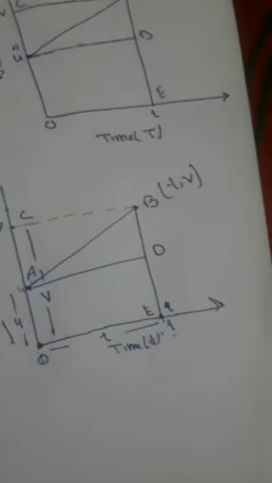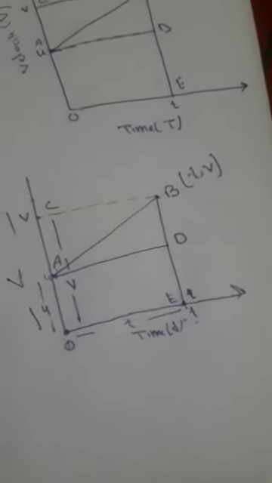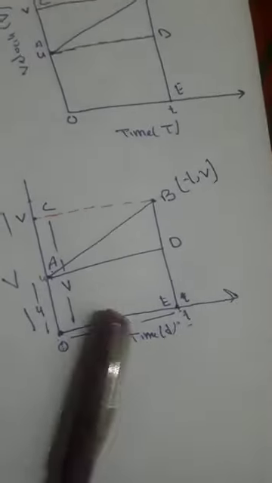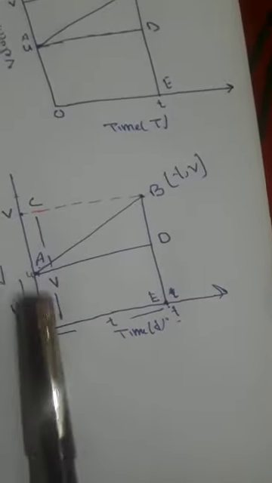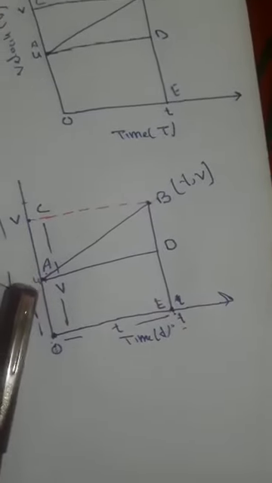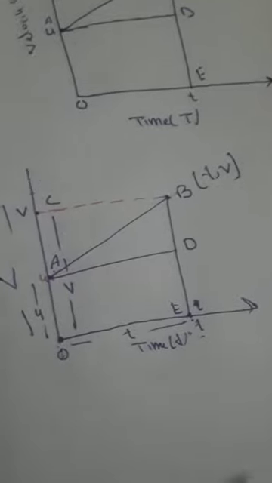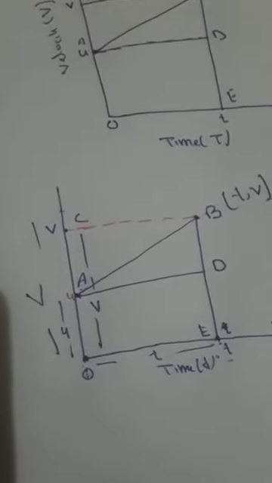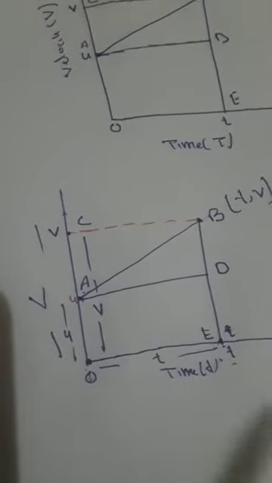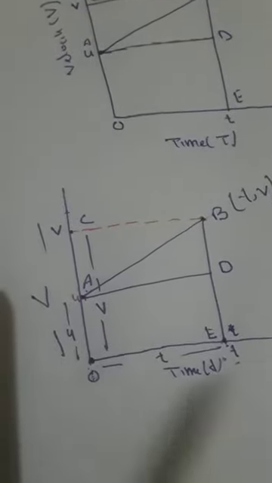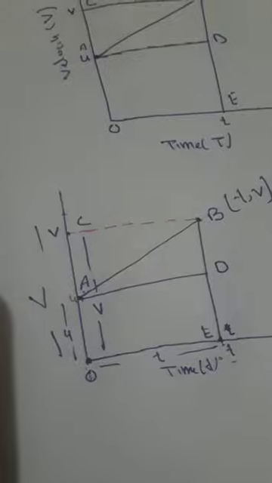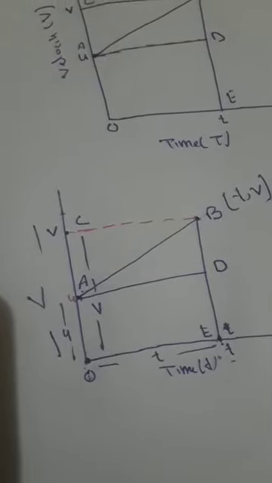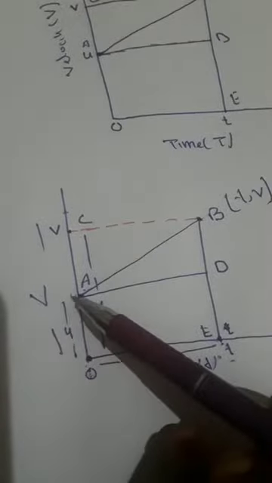We have to derive the equations of motion. Again suppose an object is moving in a straight line with a uniform acceleration. When there is a change in velocity, there is acceleration, but it is uniform acceleration. Uniform acceleration means that in every interval of time we take, the same acceleration is produced. Suppose I take a time interval of 2 minutes or 3 minutes, the same acceleration is produced.